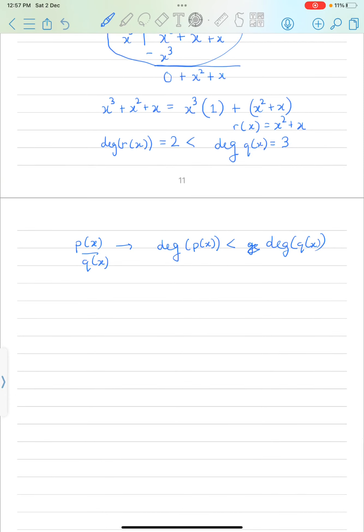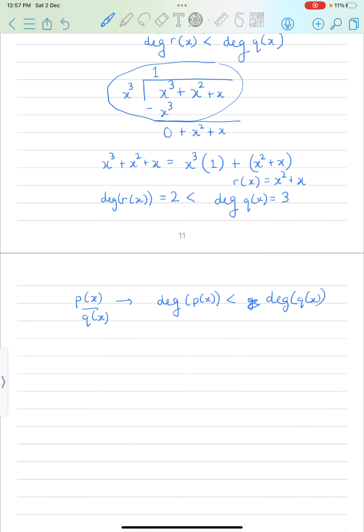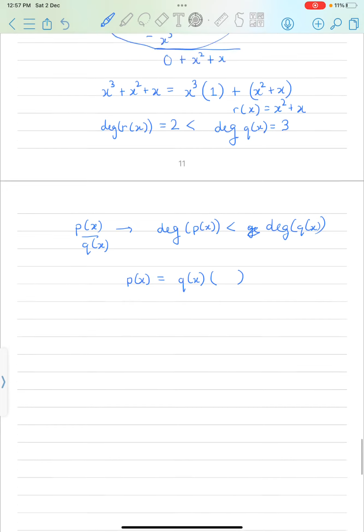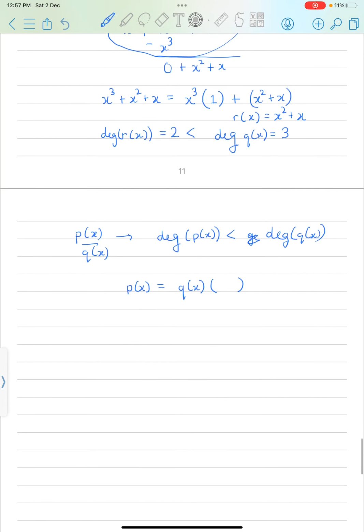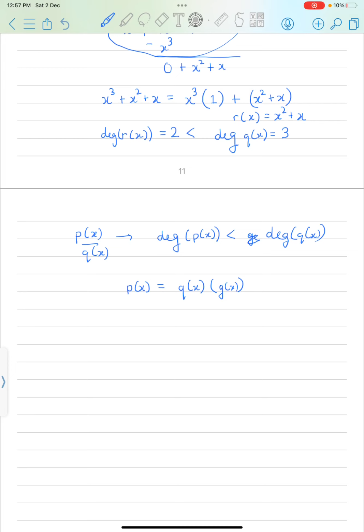If the degree of P(x) is greater than or equal to the degree of Q(x), you divide it, and then write P(x) as Q(x) times some polynomial G(x) plus R(x). So what will you do now? You divide it by Q(x),